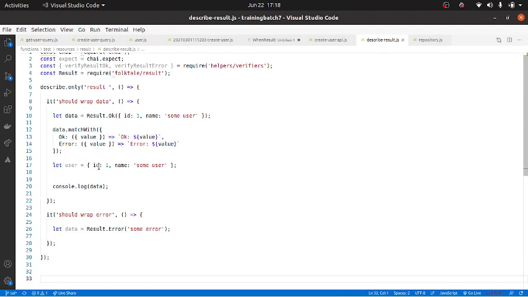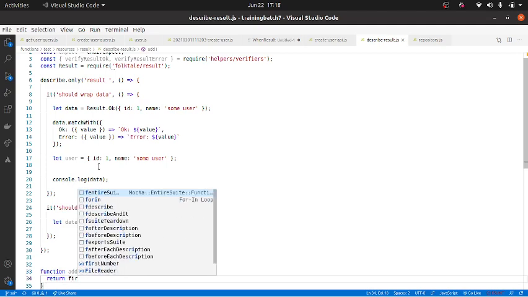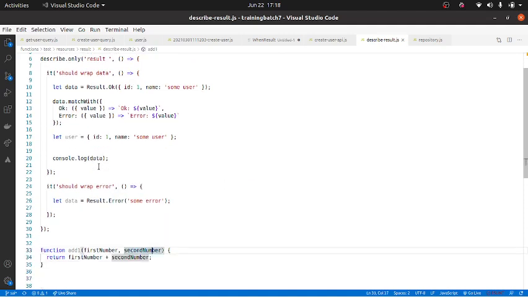Okay, I'll just cover one aspect: what are the different ways of creating a method? I think let's spend 5 minutes on that. I can create a method something like this: function add one, where it will take first number, comma, second number. You can do your operation here, return first number plus second number, right? This is one way of creating a function.